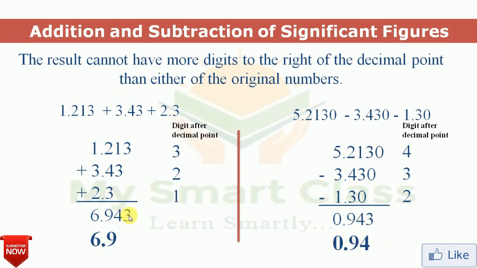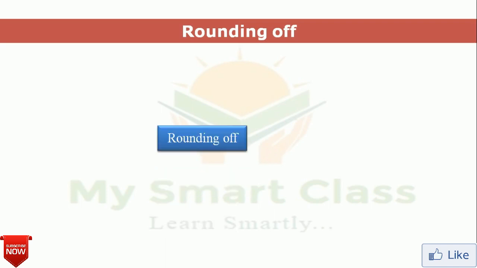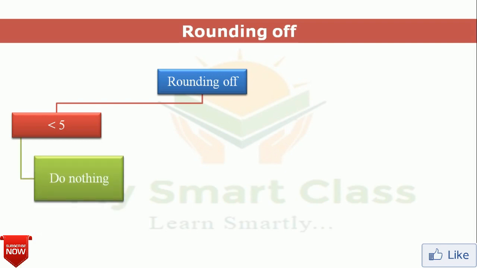So it is not very easy to remove these 4, 3 here and 3 here. We have to be clear about rounding off. Now let's understand rounding off. If the digit you want to remove is less than 5, do nothing, just remove it. As per the example, let's consider 2 digit rounding off. We have to remove this 4, which is lesser than 5, so we can easily remove it, and we do nothing with this 3. So our answer is 1.3.